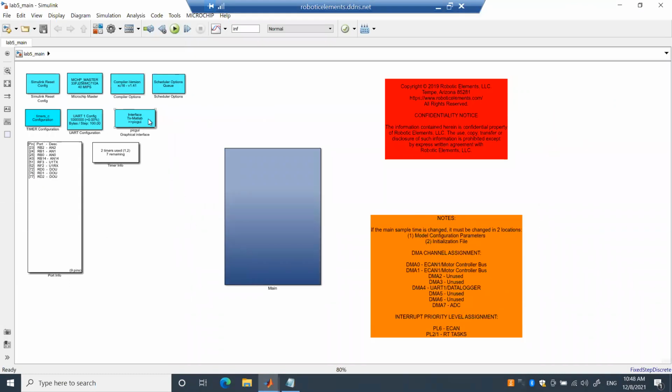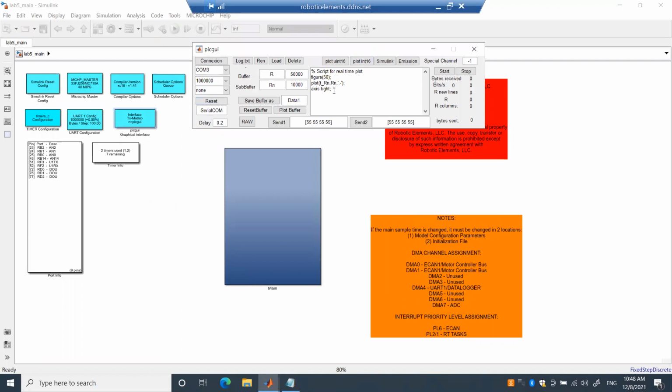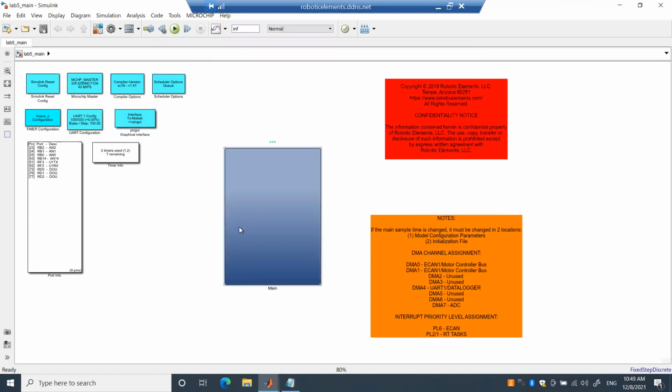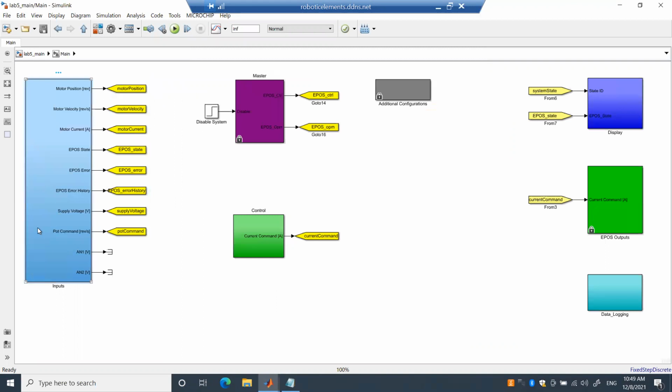Okay, just to show a couple things off the bat, we hit GUI here. We're going to change to plot data, and that's going to use the same plot data file that we had for Lab 5, and I'm going to establish the connection, so that's ready to go. In the main here, on the inputs block,